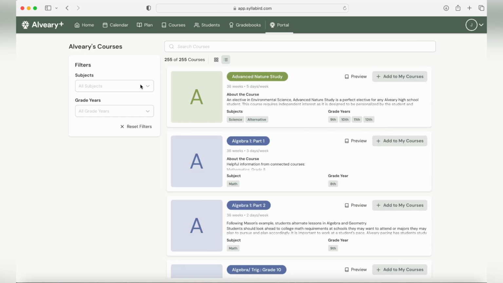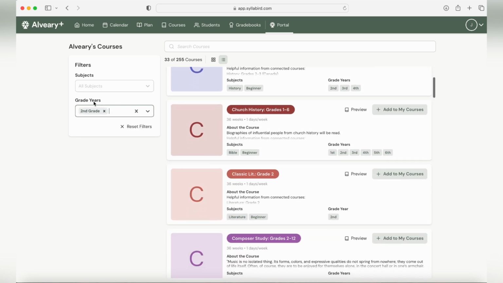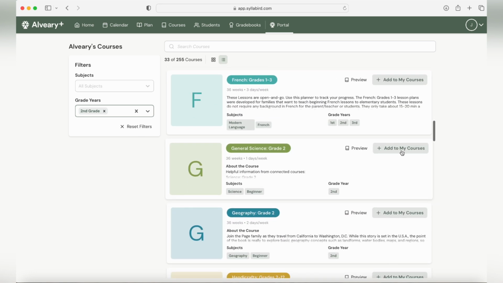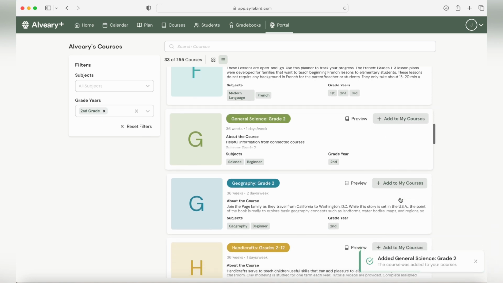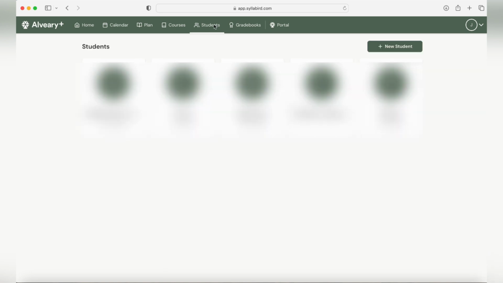So if we go back to the portal and let's say that we're going to create a grade 2 student, everything pops up for grade 2 as I filtered down to 2nd grade. So let's say that we are going to add in general science. I just clicked add to my courses, and let's say we are going to do geography. And that is now added to my courses as well. So if I go into my students,